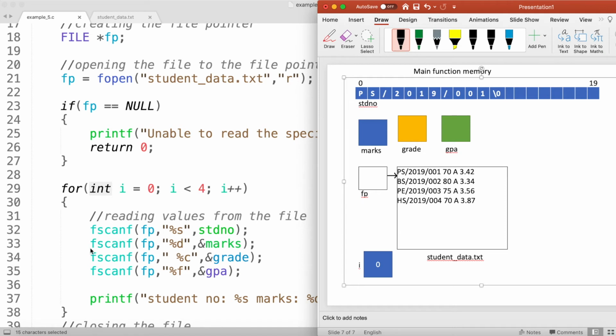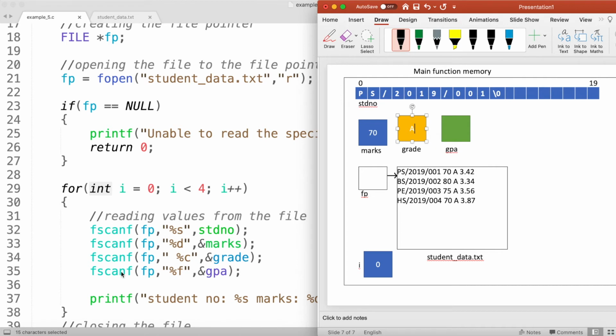The second scanf statement will read the integer value. So it will read this 70 into my marks variable. After execution of the second scanf in the first iteration of the loop, it will have the value 70. Then after execution of the third statement, it will read a character value from my file stream. So it will read the character A into my grade variable.